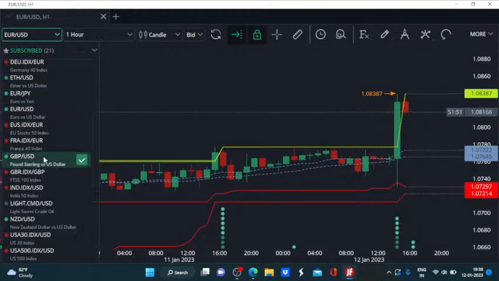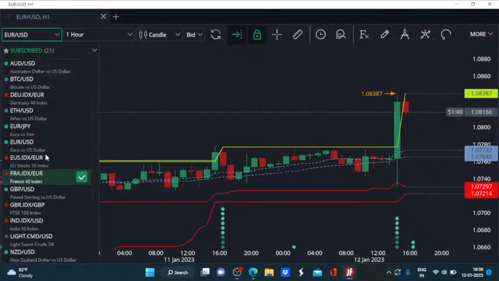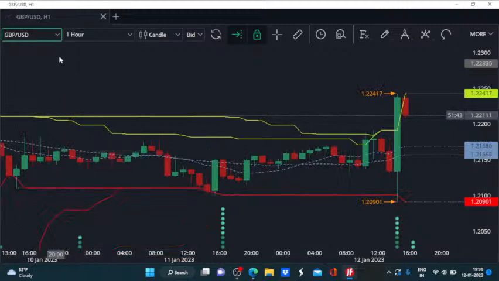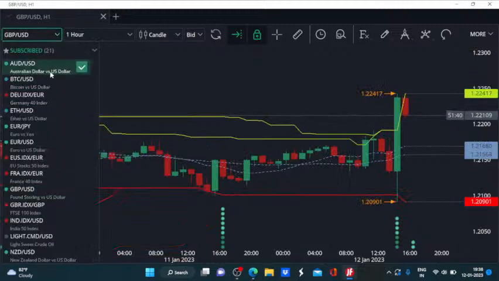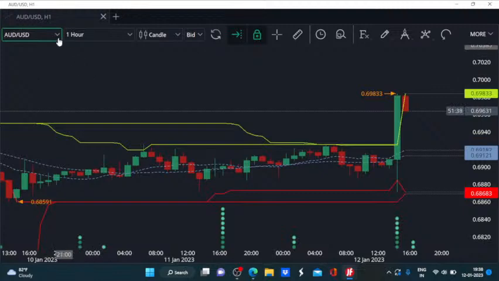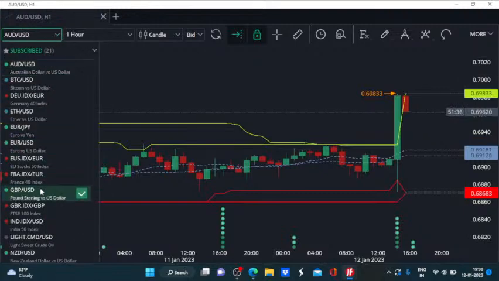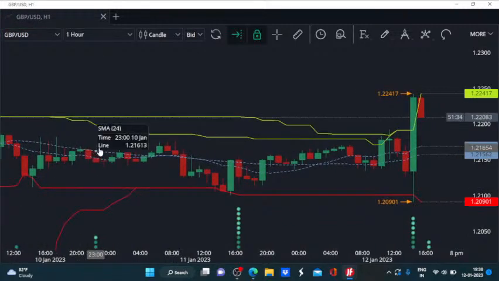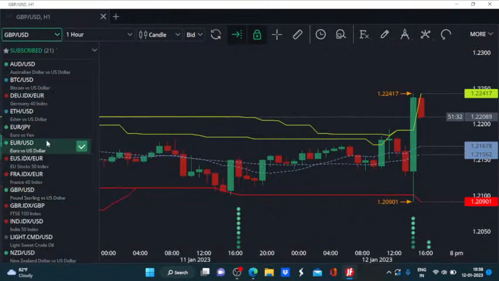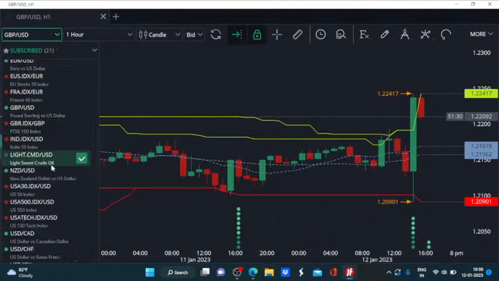So in today's session also, just like the last couple of sessions, we have to give the first preference for any buy on dips trade to the euro ahead of the GBP and also ahead of the AUD. GBP looks better placed compared to the AUD, but that's about it. We have euro as the first choice in all these three currencies.